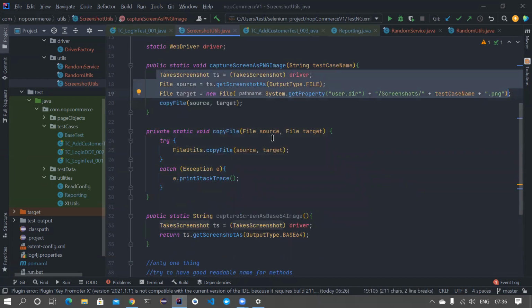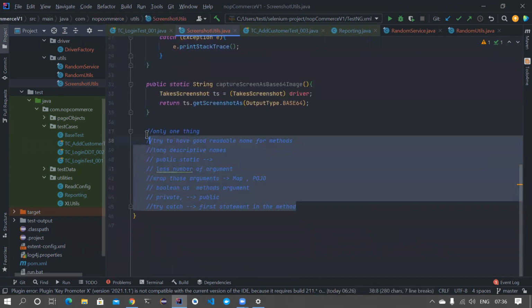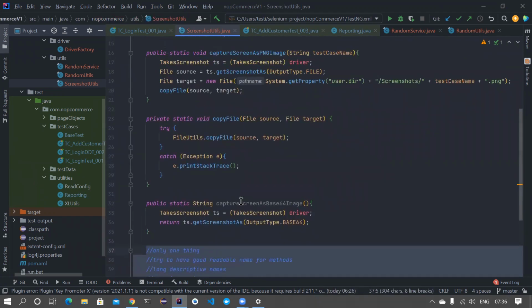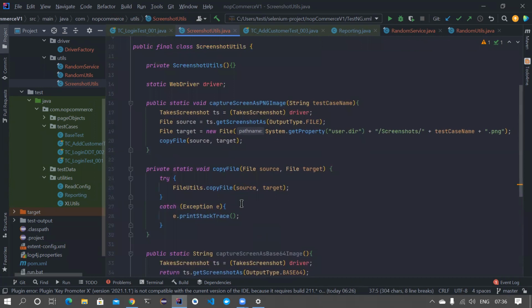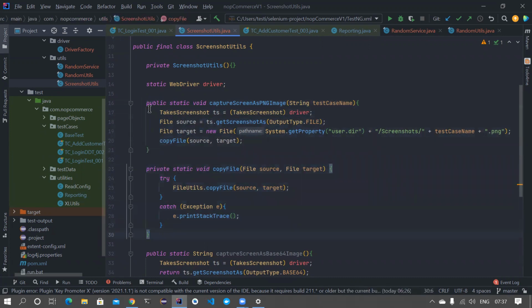Again, there are certain other rules, like more readability. You can have a command and query separation theory, but I don't have a really good use case to explain this. But for now, whatever we have done is really good. So we have extracted this as a separate class, and then two different methods that are able to do whatever the stuff. Again, most importantly, when you're having a private method like this, try to have this private method